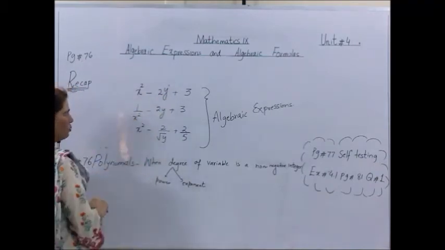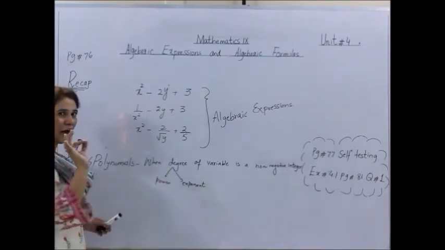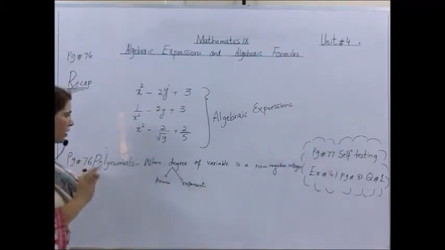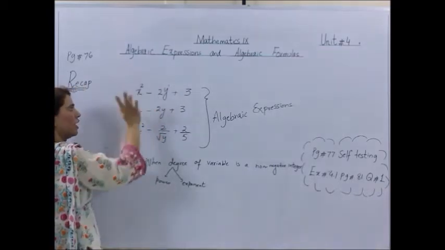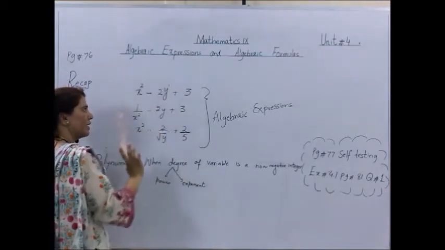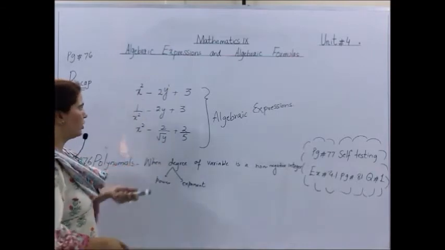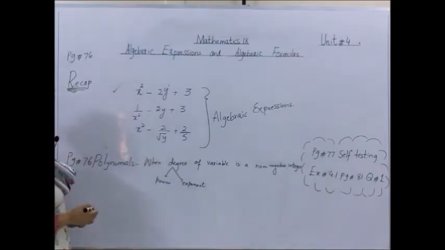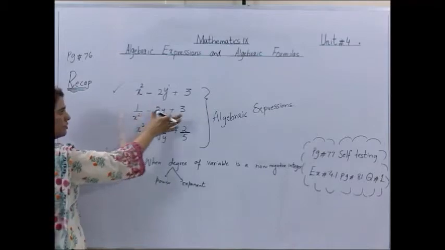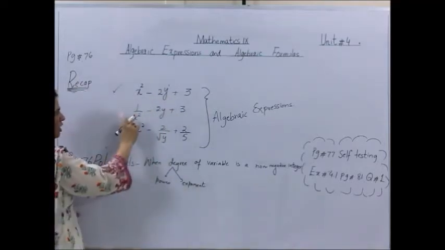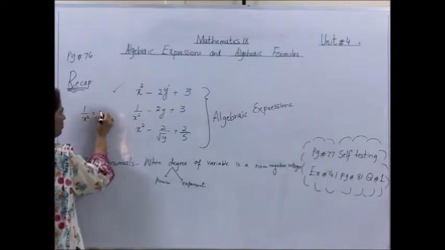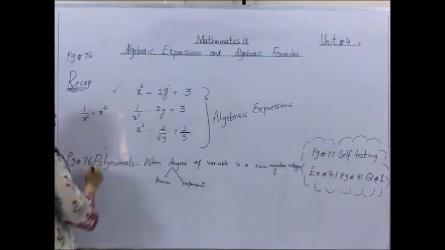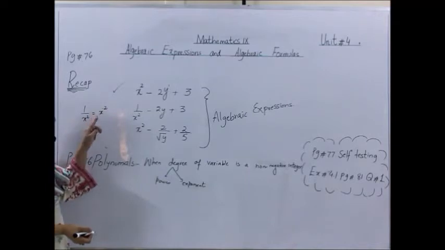Look at the first example. What do we have to see? We have to see the degree, the power of the variable. Look at the power of x, it is 2, power of y, it is 1, non-negative integers, so it is also a polynomial. Come to the next example and see 1 by x square, which means x to the power minus 2,